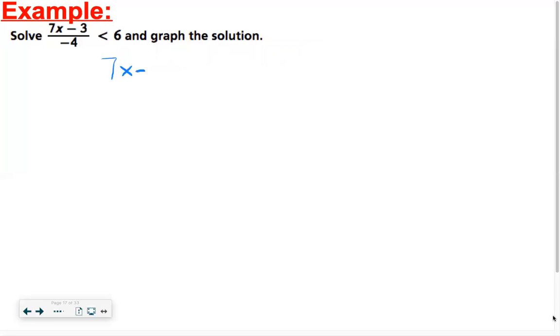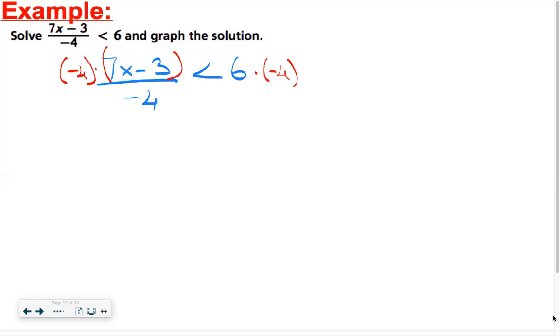(7x minus 3) over -4 is less than 6. Our purpose was to isolate x. To be able to do that, I need to get rid of -4. And -4 is here in division form. What is the inverse operation of division? It is multiplication. Let's multiply both sides by